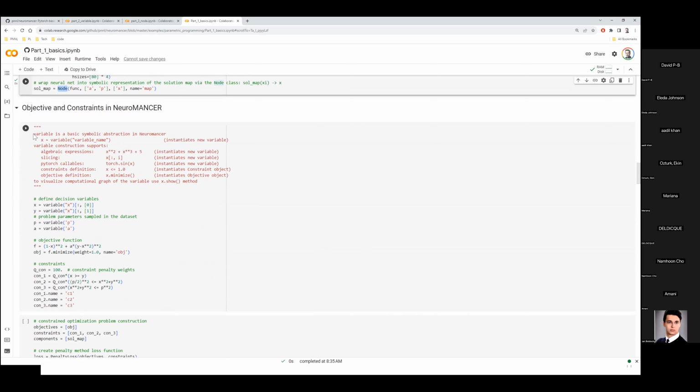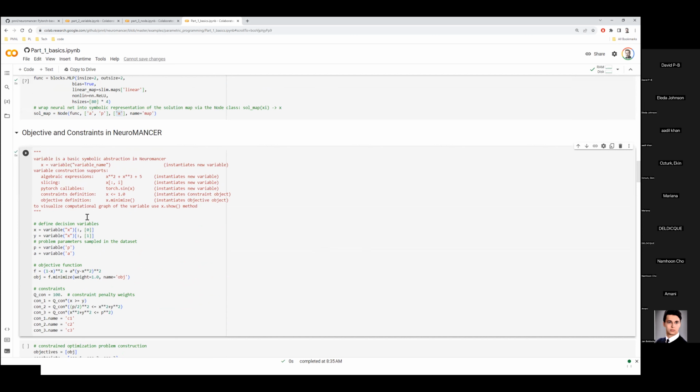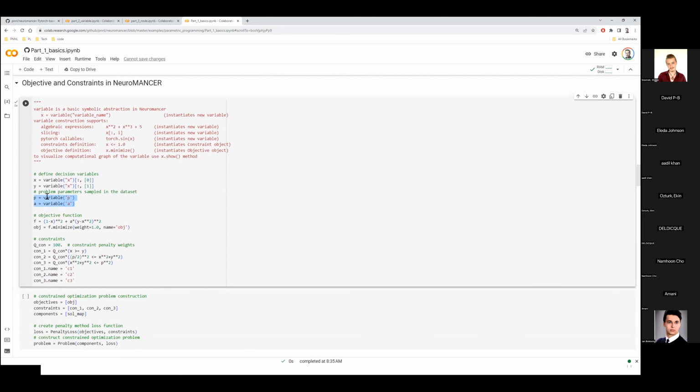So for that, my neural network will generate x. Yeah, and this will be a symbolic variable, but I know that it will be a 2-dimensional tensor because the first dimension will be the number of samples in the batch, and the second dimension will be the dimension of the variable. And this is a 2-dimensional problem. So I can do this slicing to generate x and y variables, and I will generate these p and a